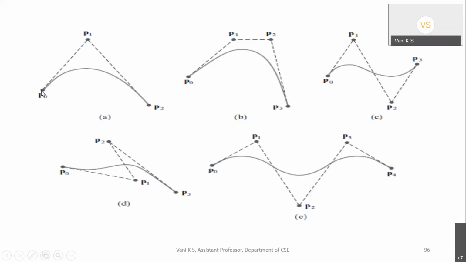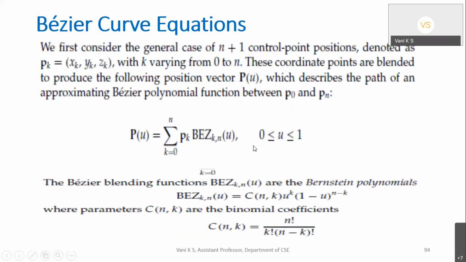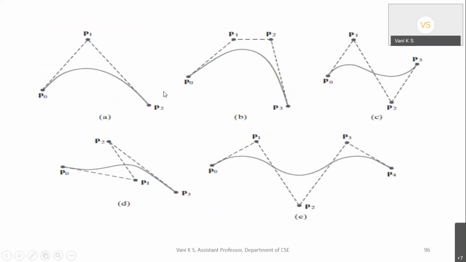Then you might ask why the curve didn't go till the tip of P1. That will be decided by one parameter u, which you take in the formula. See here, u is a parameter we take in the range of 0 to 1. Once I apply it to this formula, it gives me a set of curve points. Depending on u, whether it should extend only here or till here will be decided. But just remember that the curve you're drawing will be within this polygon only. And this is the Bezier curve generated out of 4 control points.